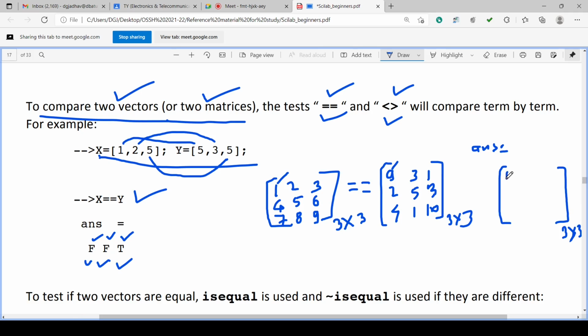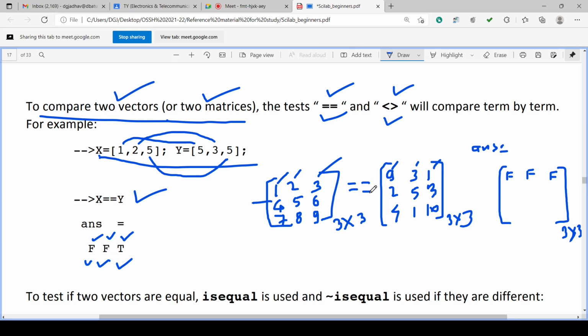First row, first column is false, or 0. First row, second column not matching, false. First row, third column not matching, false.